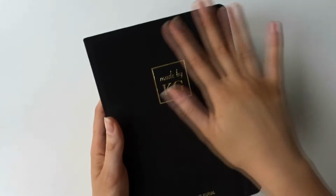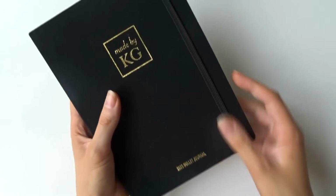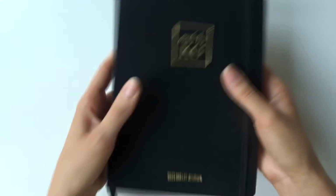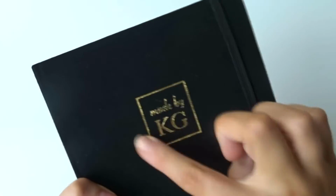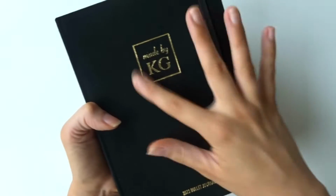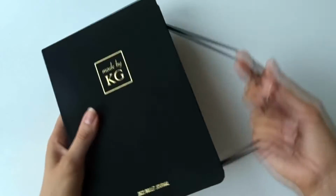Okay, so starting off, we have the black cloth cover. It feels really nice, and we've got the black elastic strap, which obviously allows you to close the book. We've also got the ribbon to keep your place. On the front, we've got my little logo that I made. It just says made by KG, and then it also says 2023 bullet journal at the bottom. Both are gold foil debossed. Then if we open it up,